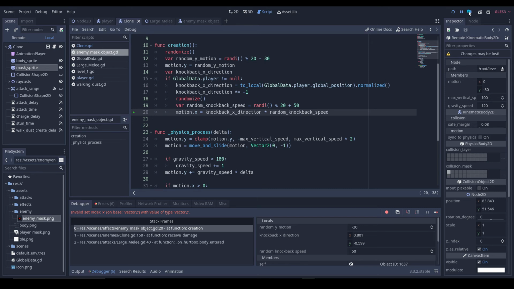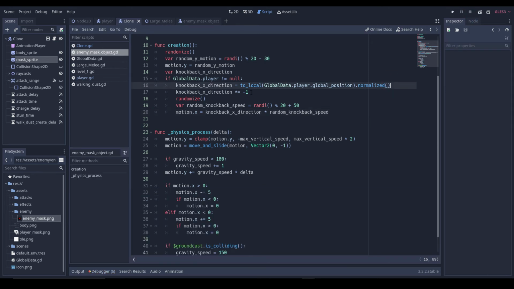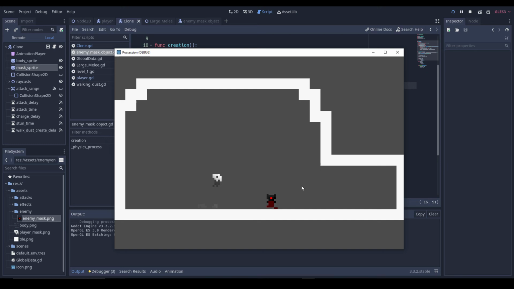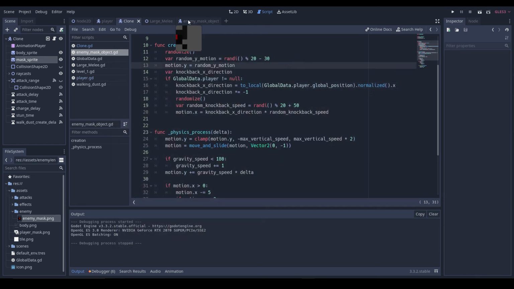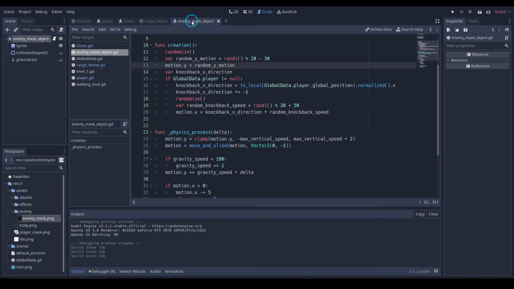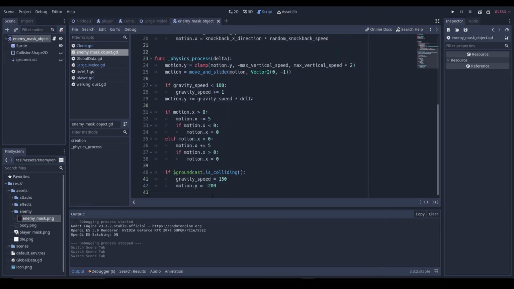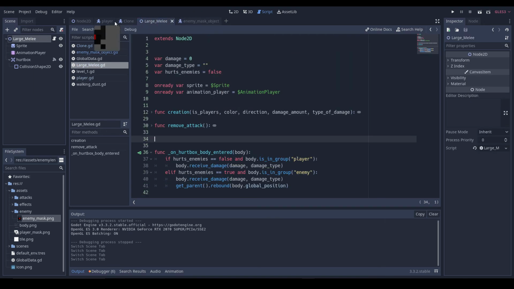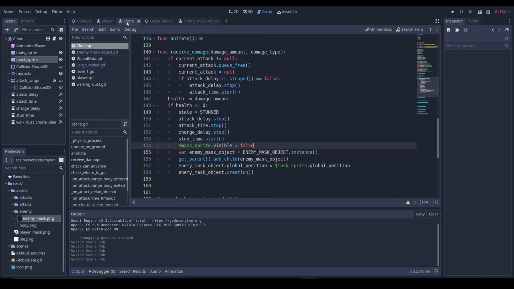It's because it's a vector 2, so then can I get a dot x from all that? I don't know. Seems I can. Yeah, so we need to increase that x motion. And the good news is it bounces, and then we want to make it that it can only bounce a certain amount of times still, so